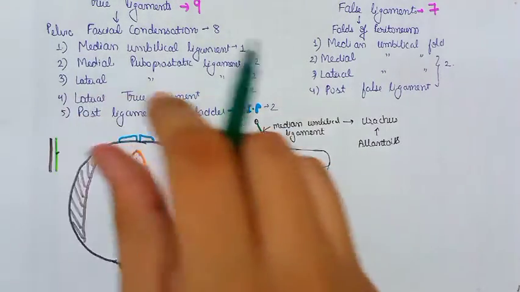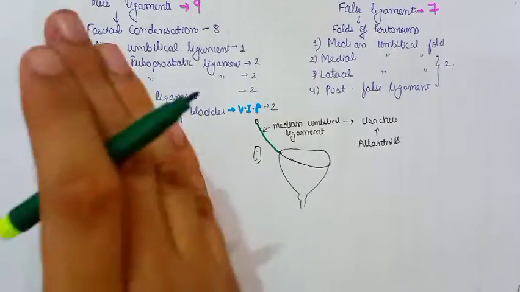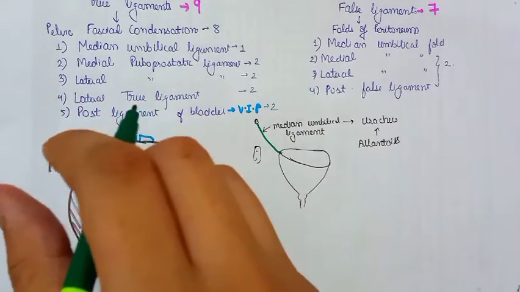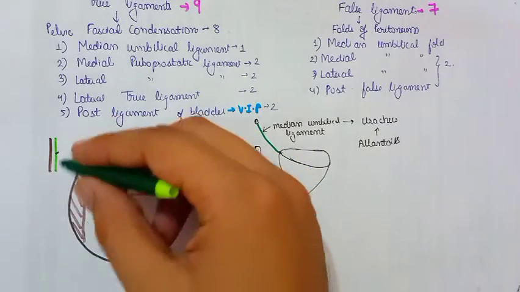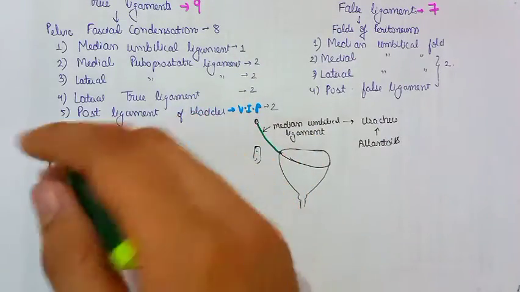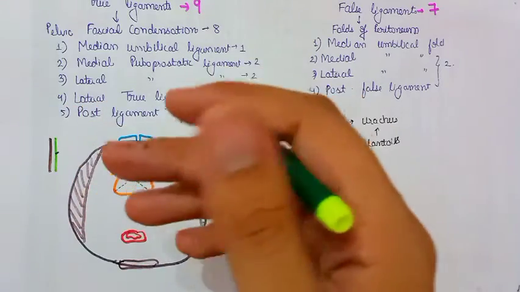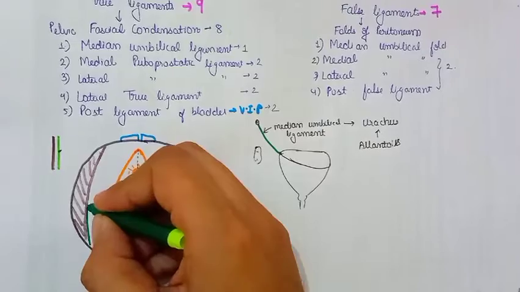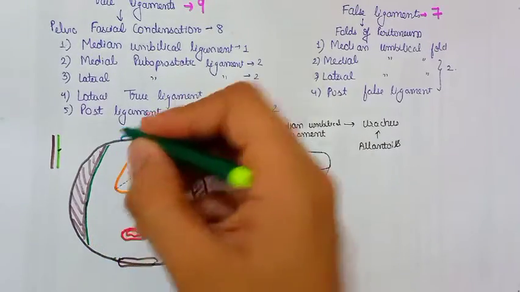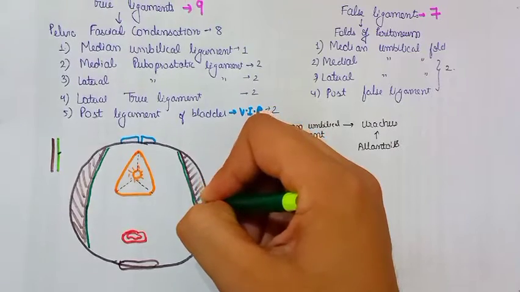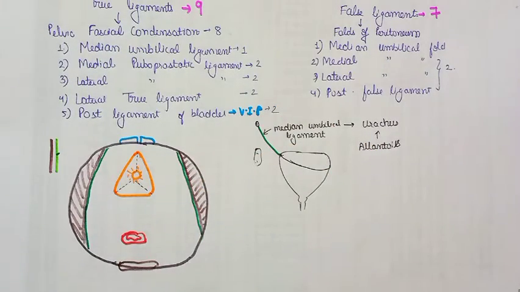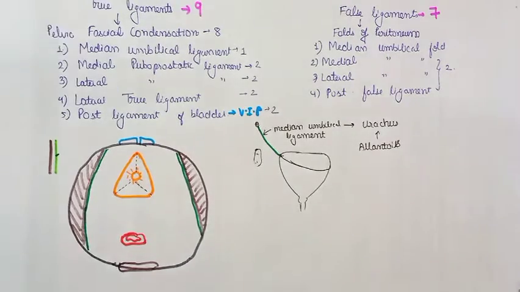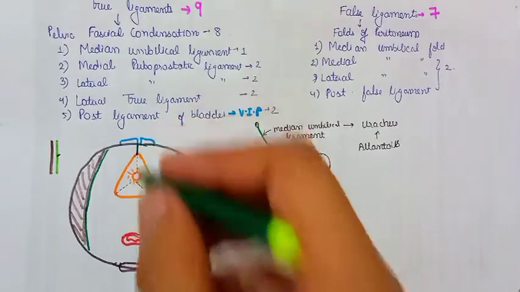On the pelvic side of the fascia there is a thickening called the tendinous arch. So the obturator internus muscle is covered with fascia and some part of the fascia is modified into a tendinous arch, which you can see over here. So on both sides a tendinous arch is present. Why we are talking about the tendinous arch is that it serves as the point of attachment for various ligaments. So let's see how this is done by the tendinous arch. So first let's show the median umbilical ligament here. So this is the median umbilical ligament.